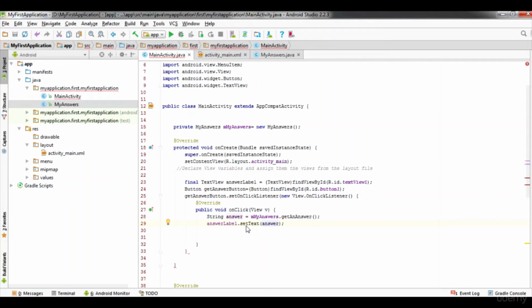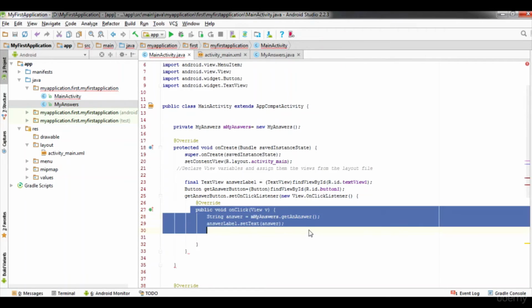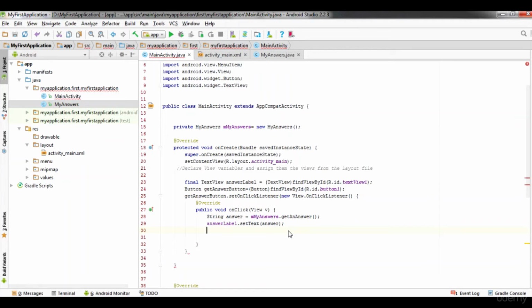Then we will put the answer variable, which will be used as the text for the answer level. So here we will pass our text for the answer variable. This is how it works. On click of the button, this line of code will run in the background and perform some action. As we can see, the answer level, and now we have to declare a key variable.